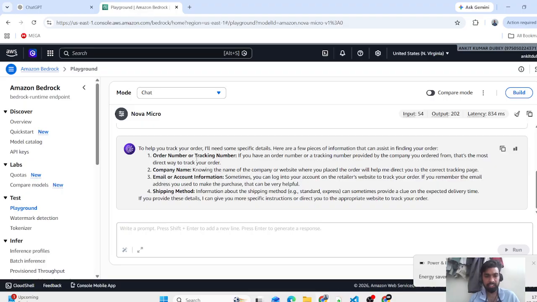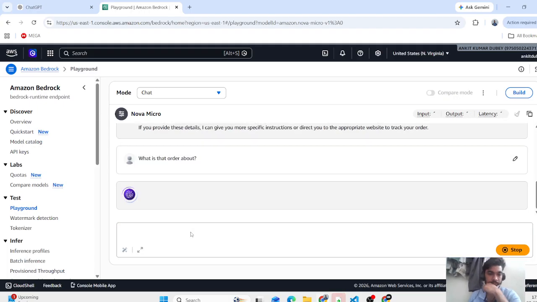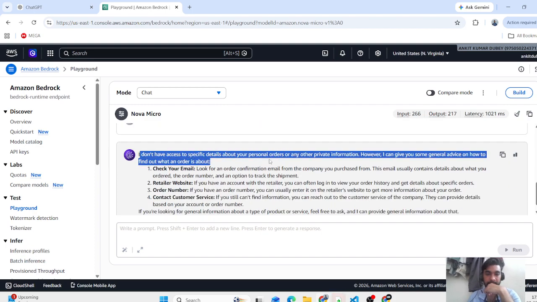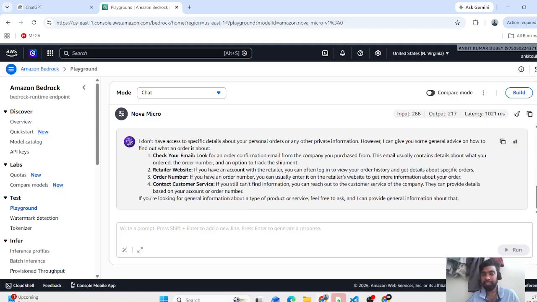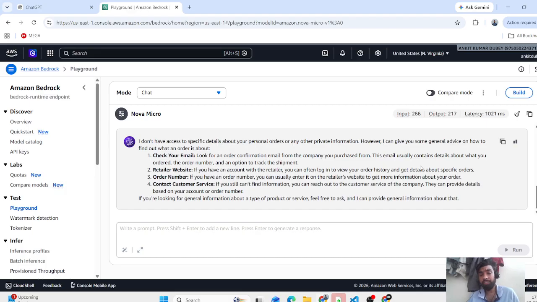Like, see, it is asking for an order number or tracking number. What is that order about? Let's see how this randomly behaves. See, I don't have access to specific details about your personal orders or private information, but I can give you some general advice on how to find out about that. Okay, so if you see, this doesn't have our personal information or what we are talking about,